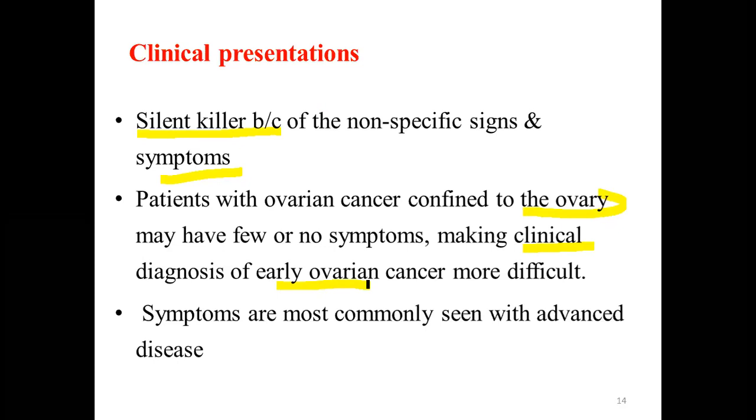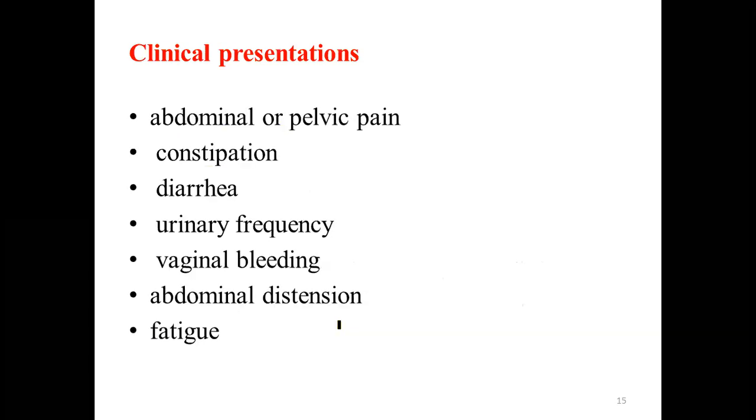So the symptoms will be very common in the advanced stage. What are the clinical presentations that can happen in advanced stage? Abdominal pain or pelvic pain, constipation or diarrhea, urinary frequency, and there is a possibility of vaginal bleeding. There is also a possibility of,